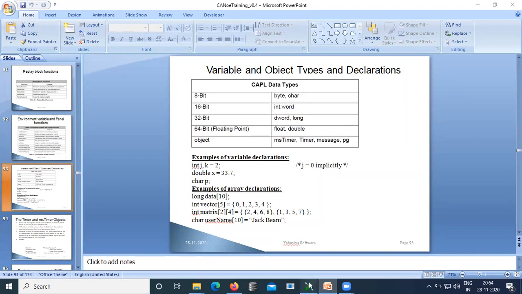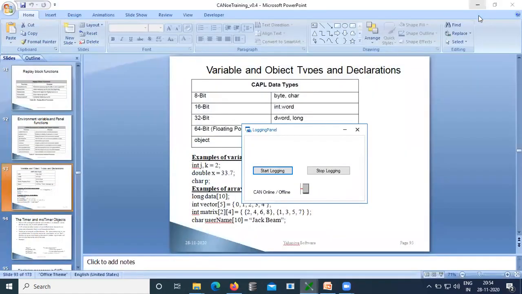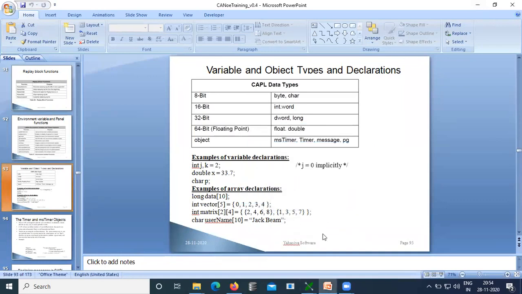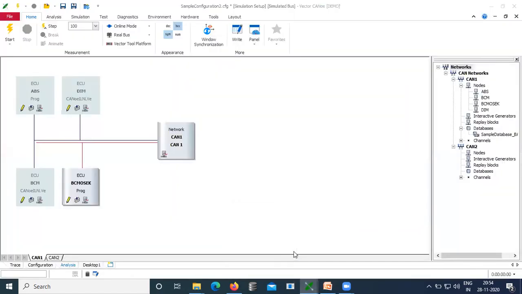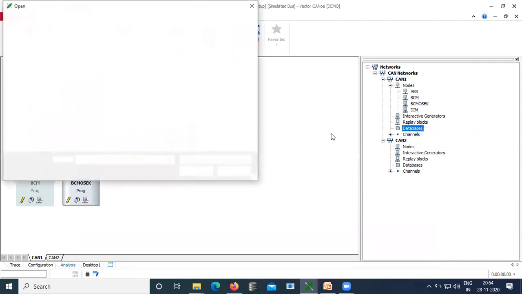Okay, so here, it's loaded. Here they have given some examples of how to declare these variables. Before that, let us see about EV variable and then we will come back to this. So EV variable, here I have something, this is for batch 2, 1. Let me remove this database and then let me add batch 3 database.